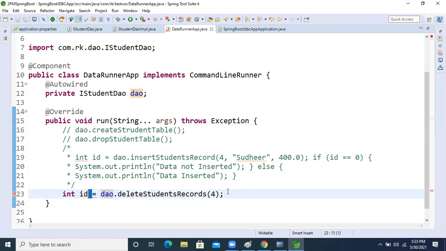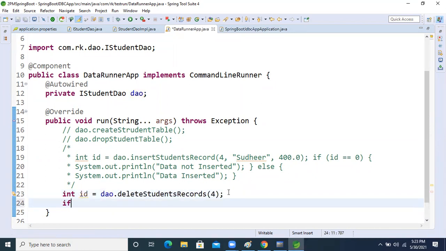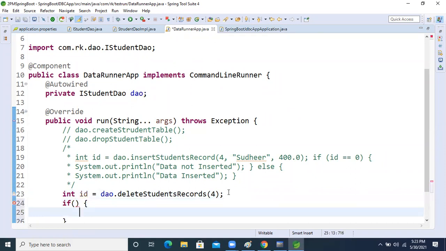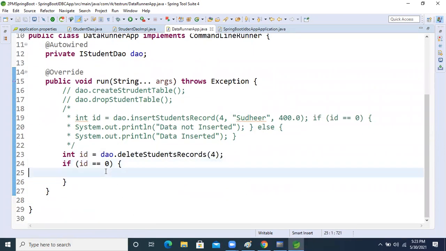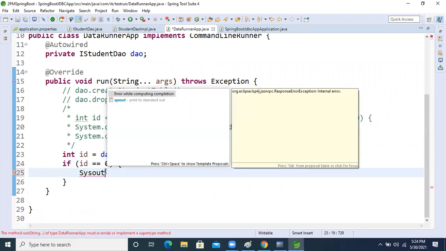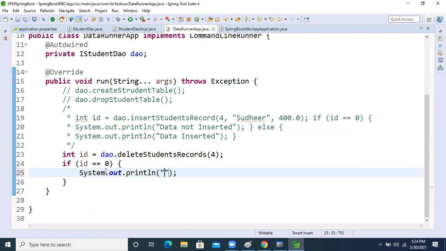Now again, let's check the condition. If id equal to 0, then we will set the output: data not deleted.